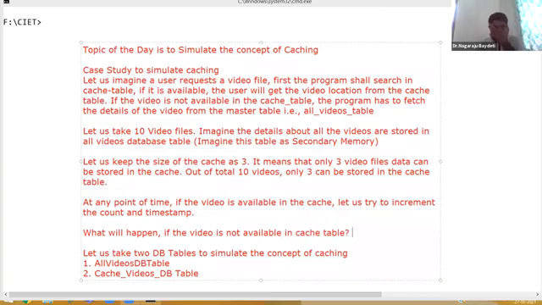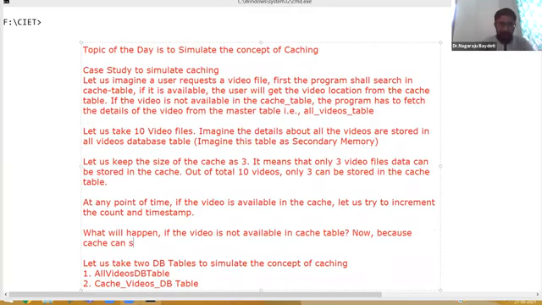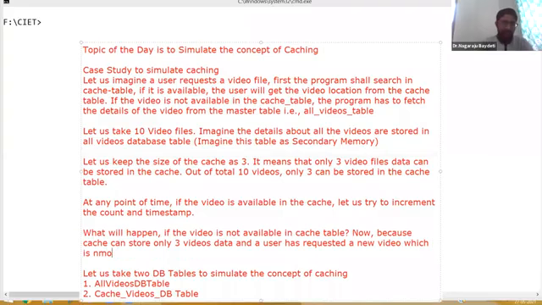What will happen if the video is not available in the cache table? It's very simple. Because the cache can store only 3 videos' data and a user has requested a video which is not in the cache.